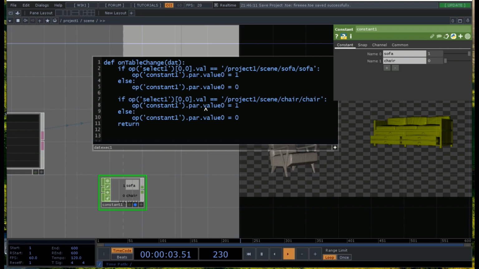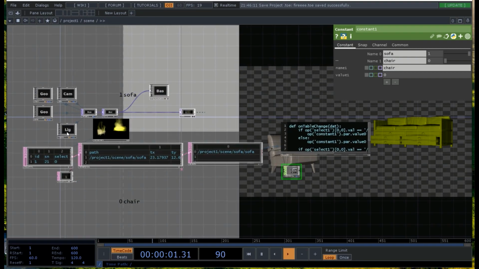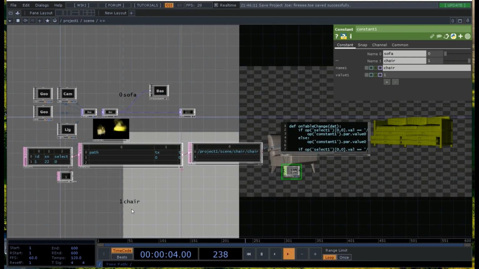in the operator constant 1, for the value 1, because for this value, so if we click on the chair, we want to see the value 1. Otherwise, we want to see the value 0, always for the value 1, so for the channel chair. So we can now save it. We can also double check if we click on the chair. So we have 1 corresponding for the chair, and actually inside here we see that there's written project 1 scene